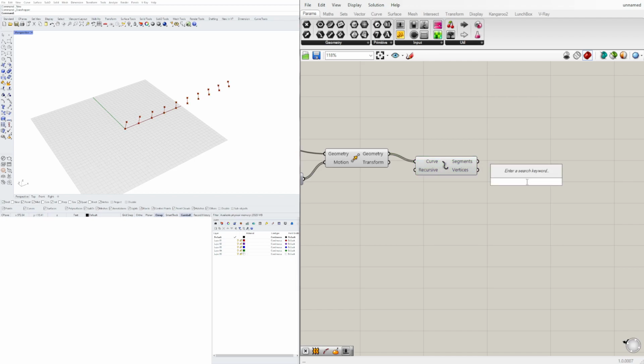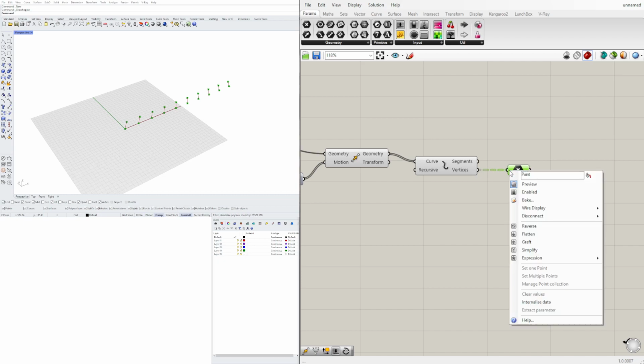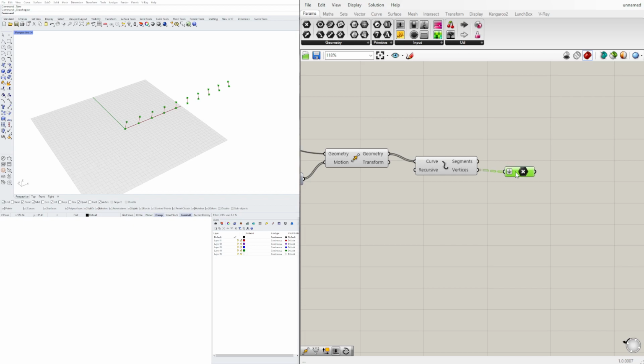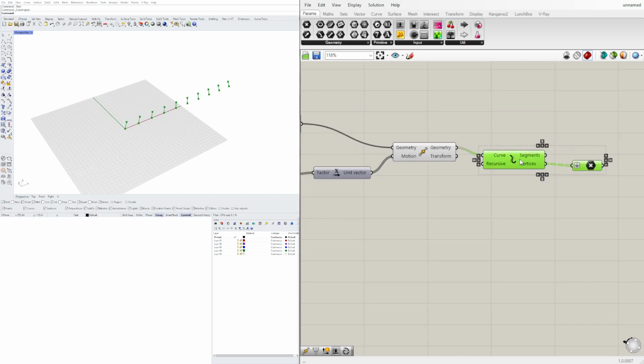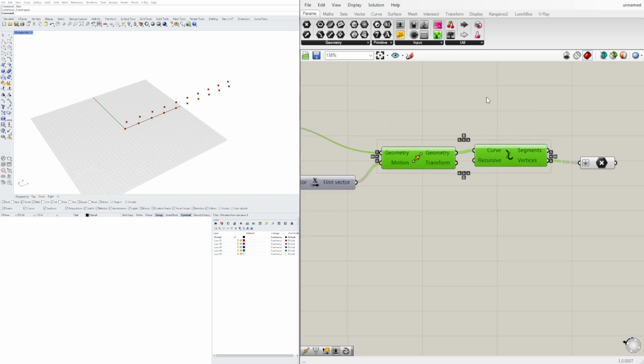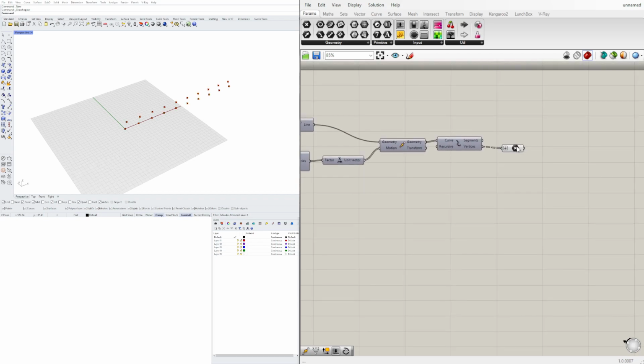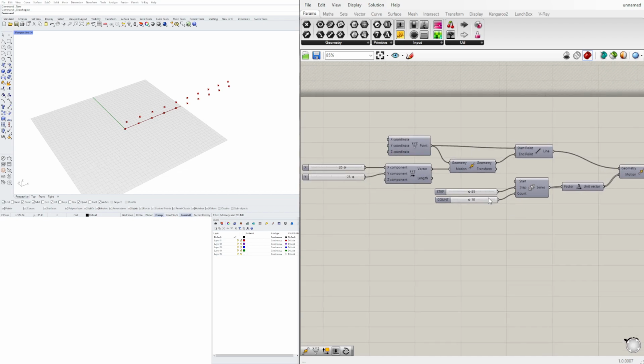Now, these vertices are basically points, so if we go here to a point, we'll be able to plug in the vertices into this point component. Notice that the way that the information comes in is grafted. That means it's in groups. We want to fix that by flattening the input here. And we can now disable the preview on this portion. Cool. So now that we have these points,